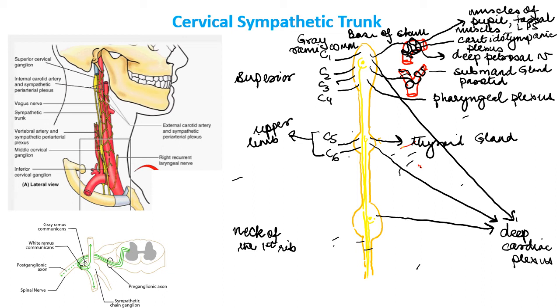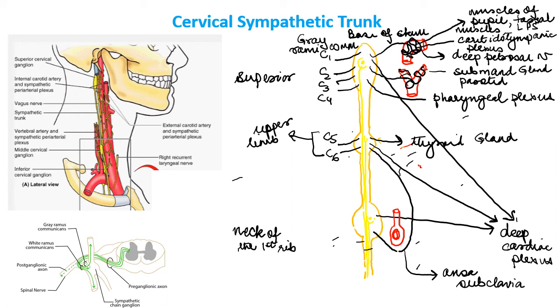From this, now in front of the inferior cervical ganglia, somewhere here, would be present the subclavian artery, and from it is arising the vertebral artery. Okay, so this is the subclavian artery which is present near the inferior cervical ganglia. It is at the root of the neck, so the subclavian artery lies there. Now, the middle cervical ganglia also gives rise to a nerve which loops around the subclavian artery and goes to the inferior cervical ganglia. This nerve is known as ansa subclavia.